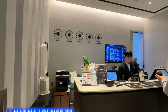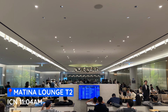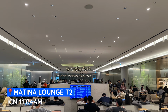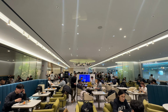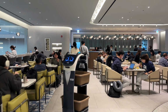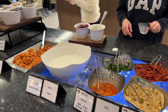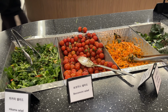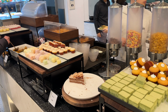There was already a queue when we arrived, and we had to wait a bit before being allowed in. Just like in Terminal 1, the lounge was crowded, though this one is definitely bigger. There are several seating and dining areas for families, couples, or solo travelers, but they tend to fill up quickly, especially during lunch and dinner hours. And while Matina Lounge may not be known for peace and quiet, it certainly makes up for it with its food selection. There's a salad and dessert station,